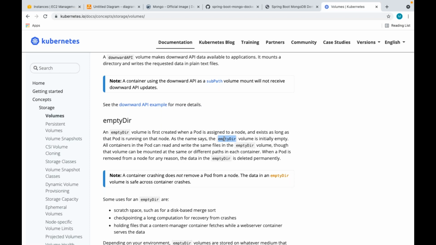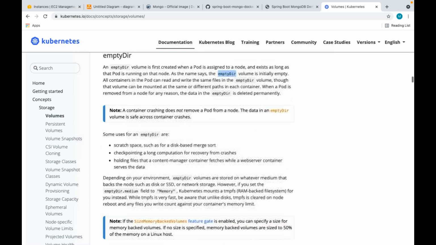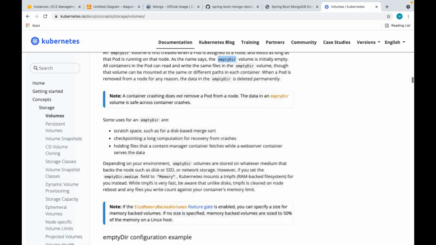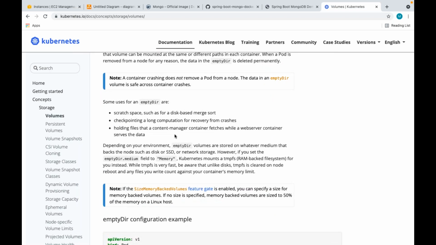Can I use emptyDir volumes for persistent storage? No. It is temporary, just temporary data, not persistent data.